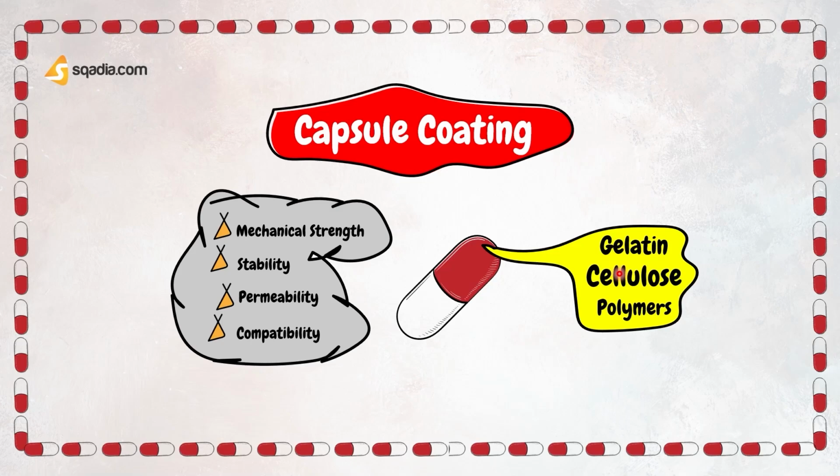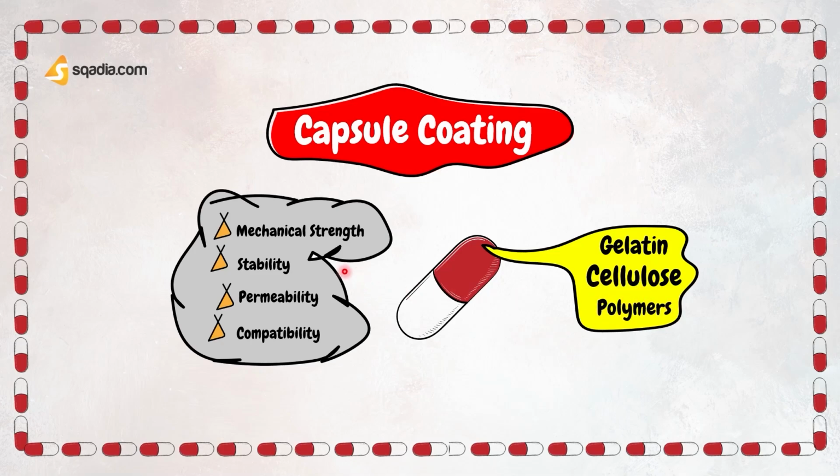Now, this is made up of wood pulp, cotton, and other natural sources. Cellulose capsules are also known as vegetarian or vegan capsules. Persons who are not ready to consume gelatin or any animal product, like if they are allergic to gelatin, can use cellulose products. So cellulose capsules can be made from hydroxypropyl methyl cellulose, HPMC, which you have heard of, which are both non-toxic, hypoallergenic, and biodegradable. Now the polymers, the choice of polymer depends on various factors such as the required mechanical